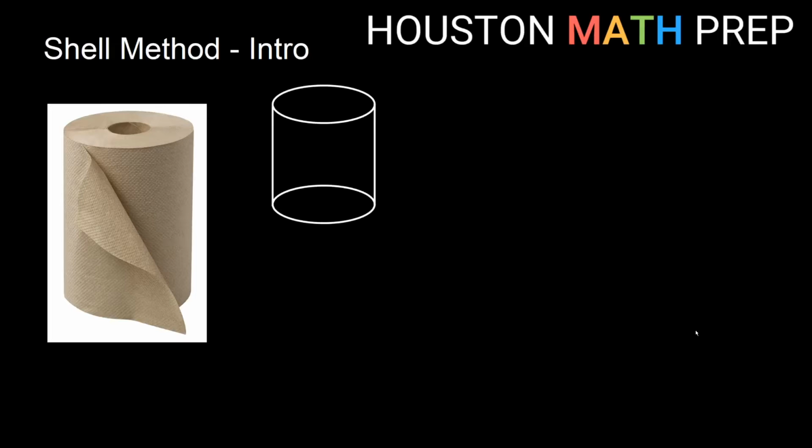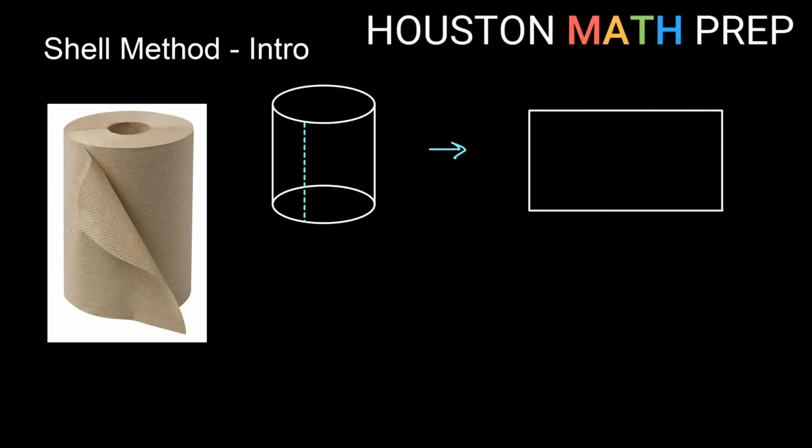So if we are summing up an infinite number of these cylindrical layers, then we will want to figure out how to incorporate the formula for the area of a layer in getting this volume. So we have, imagine, one layer around the roll of paper towels here, and we want to figure out the area of this. And the way we'll do that is to think about cutting it